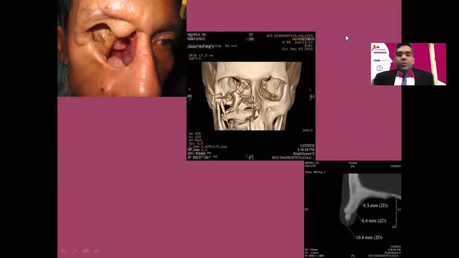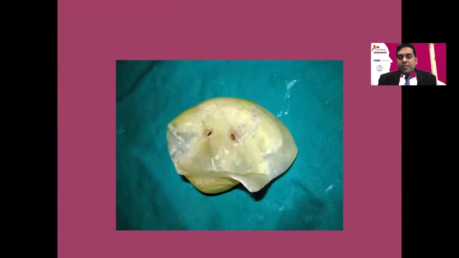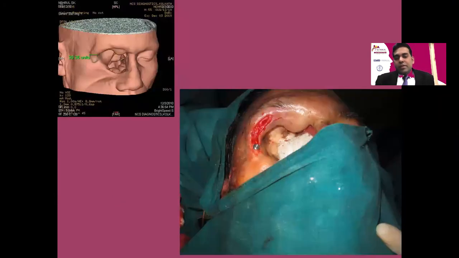So these computed tomography images were used for deciding the dimensions of implants. And you can see the precise measurements were recorded with the help of this CT. And then a suitable size of implant was selected. And this was the surgical guide for placement of implant. And this was the 3D reconstructed image.